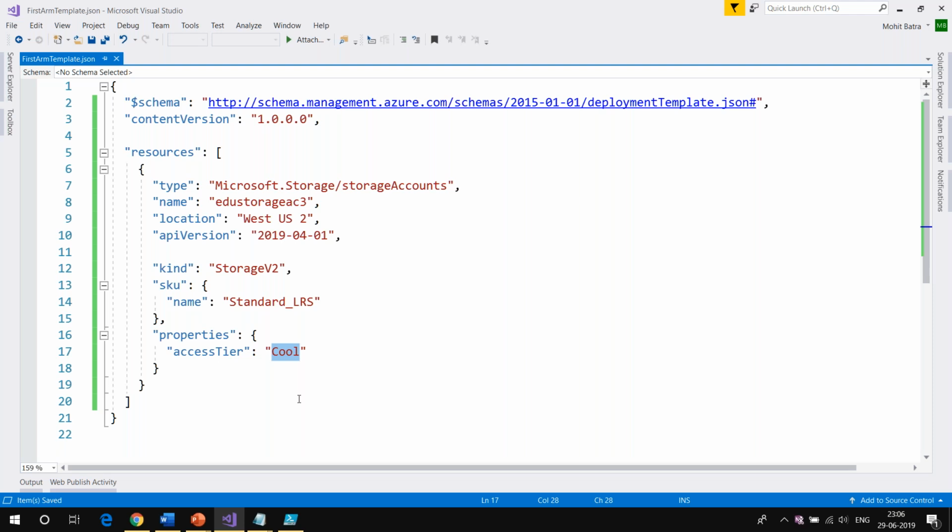If you try to change any of these properties which are configurable, it is going to update. If you are trying to make a change to a property which is not configurable, it is not even going to throw an error, it is just not going to touch those properties.